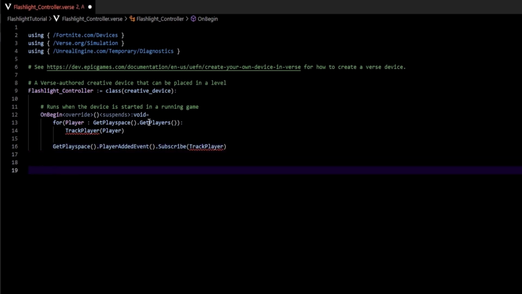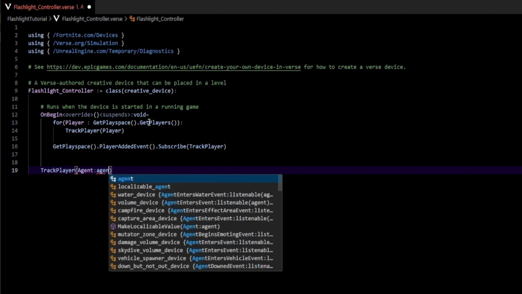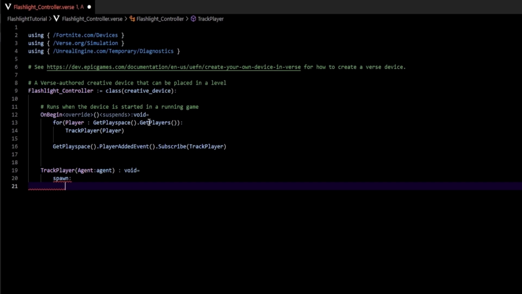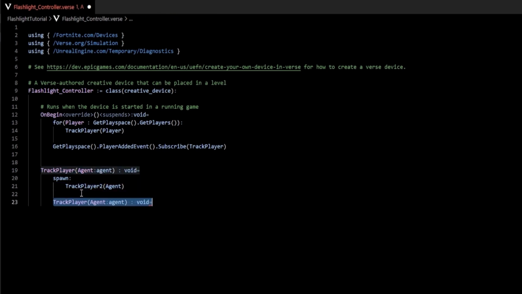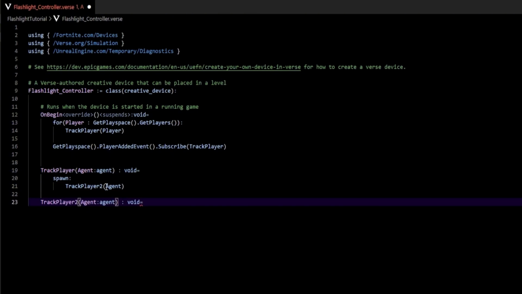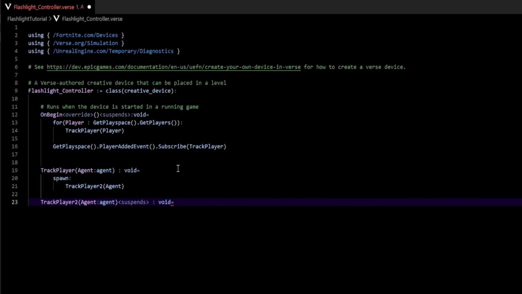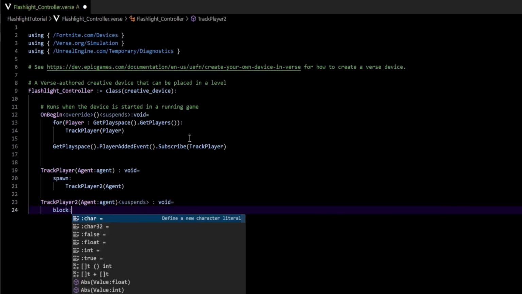and we want to subscribe to the track player function. Now let's go down here and actually create that function by calling it track player, taking in an agent, and in here, because we want a function that's going to suspend, I'm actually going to call a new function and I'm going to spawn it. So I'm going to spawn track player 2 and I'm going to send it our agent, and then just go ahead and copy this function down here like so. Make sure it is aligned properly, change the name to track player 2, and then make sure it suspends. So now I'll just go ahead and add a block, make sure there are no errors,